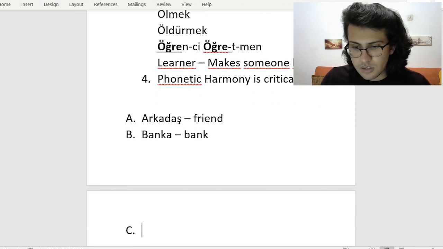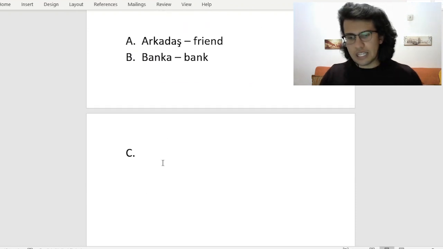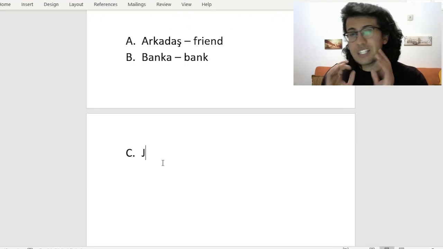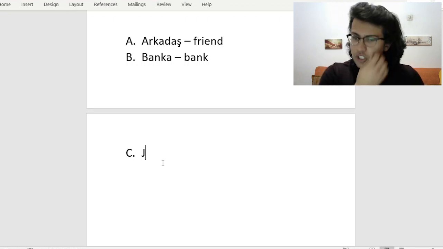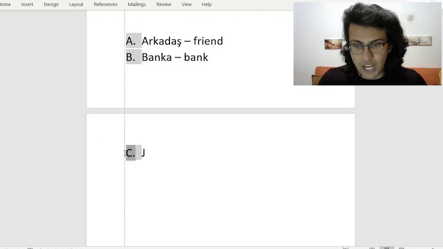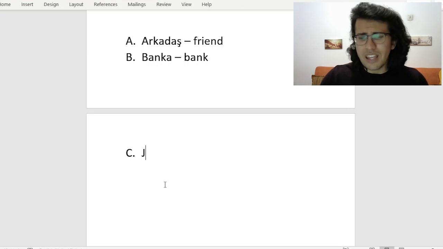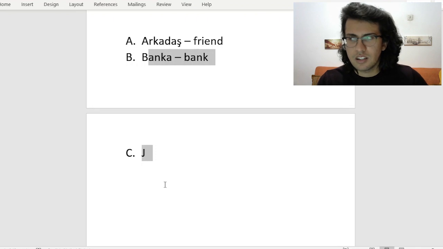And we have the letter C. Now, in the Turkish language, even though the other letter, this letter J, does exist, it's not really used that often. Most of the time, if you want to actually use the J sound in Turkish, you will almost always see this letter, C. This other letter J is incredibly rare, and there's a possibility that you might never actually see it again for years. It's really not that often, unless, well, I'll come to that word in a bit. So letter C,